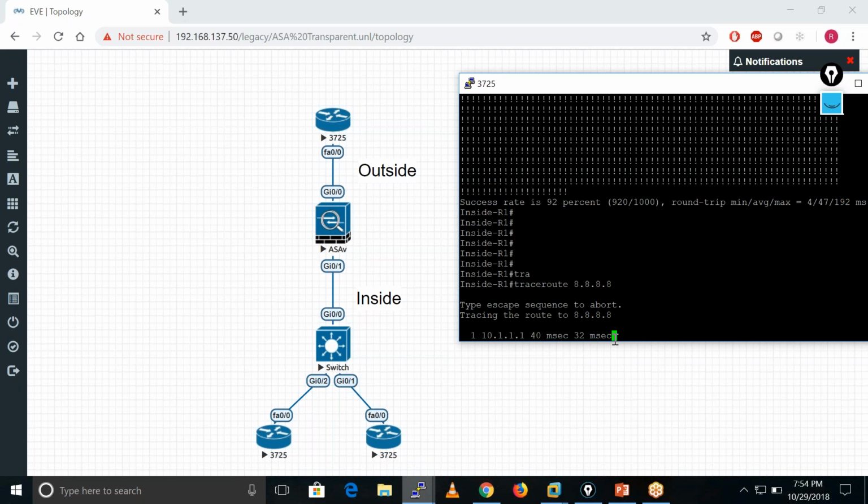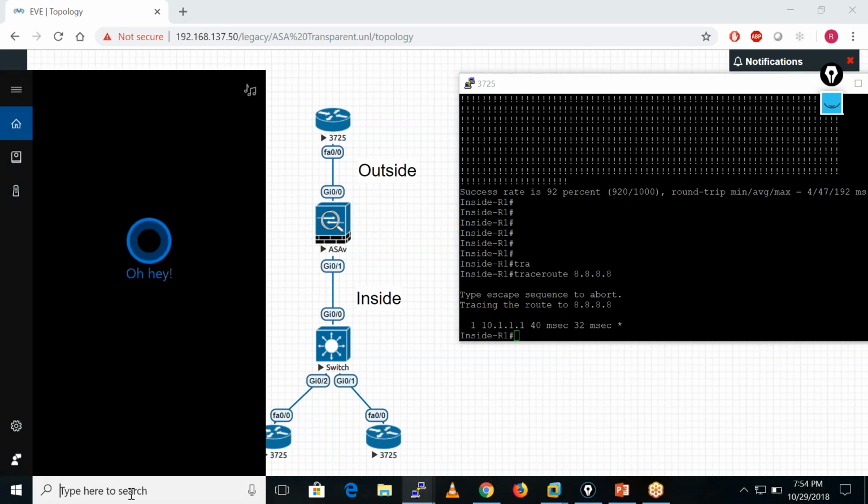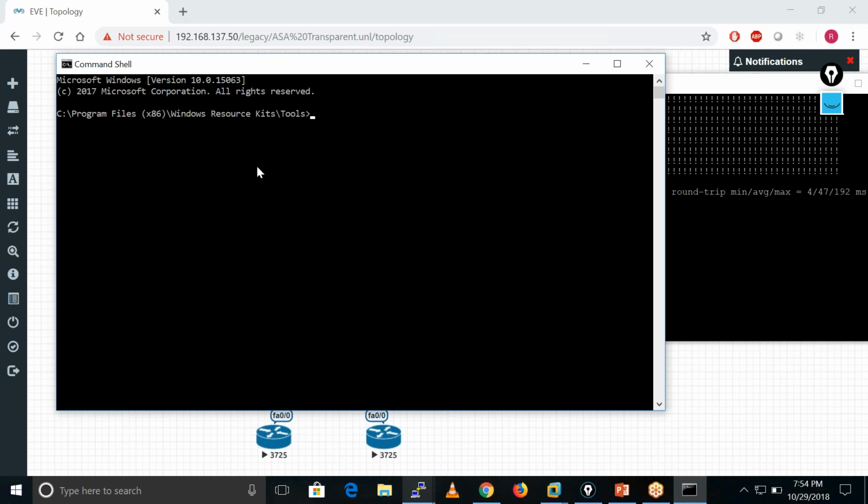Okay, after that I will show you traceroute in my system. That will give you more information. CMD. After that I will tell you the meaning of traceroute and ping. So the command in router is traceroute, and in our Windows system it's tracert.